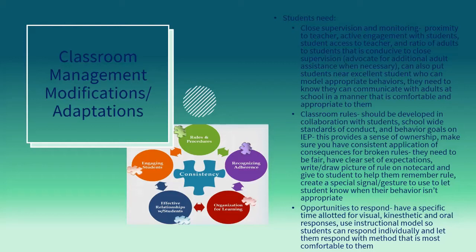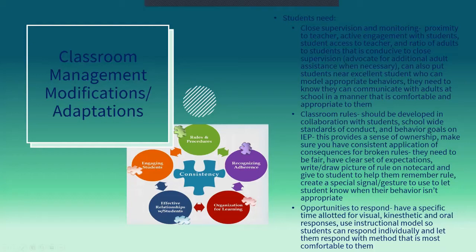You can also put students near excellent students, like I said before, who model appropriate behaviors. These students can also help reiterate instructions and directions, and then also help that student with the assignment if they're having problems. You want a student who not only is academically great, but also their personality is great, their social skills are great, and then a student who is compassionate and sympathetic and who will genuinely want to help that